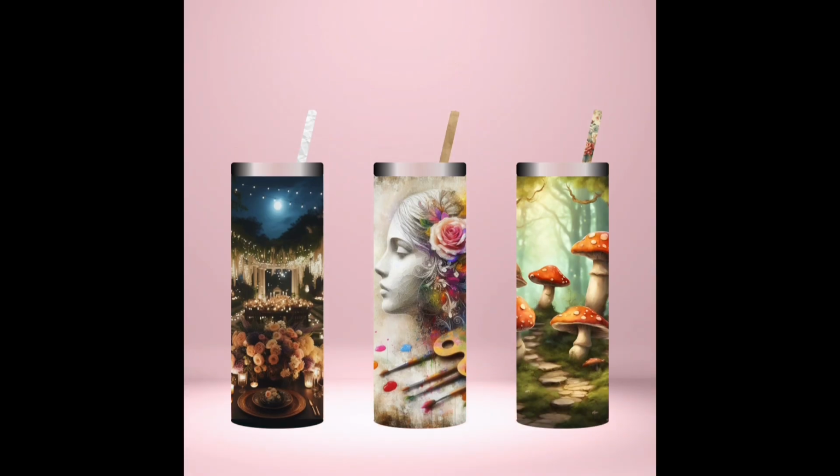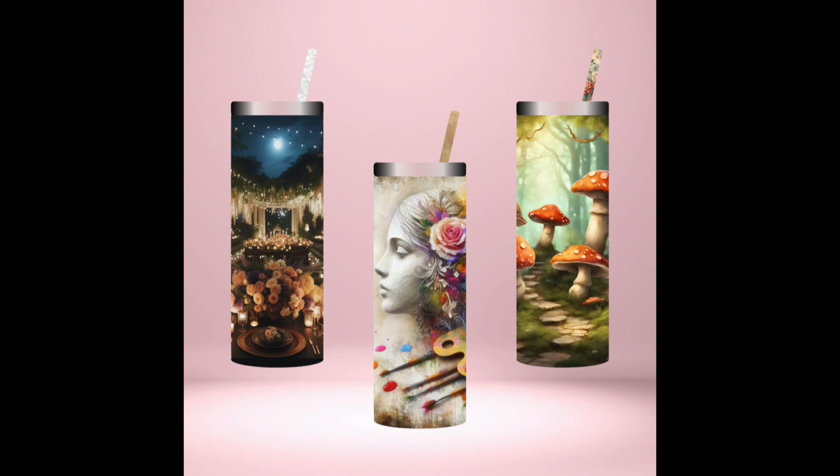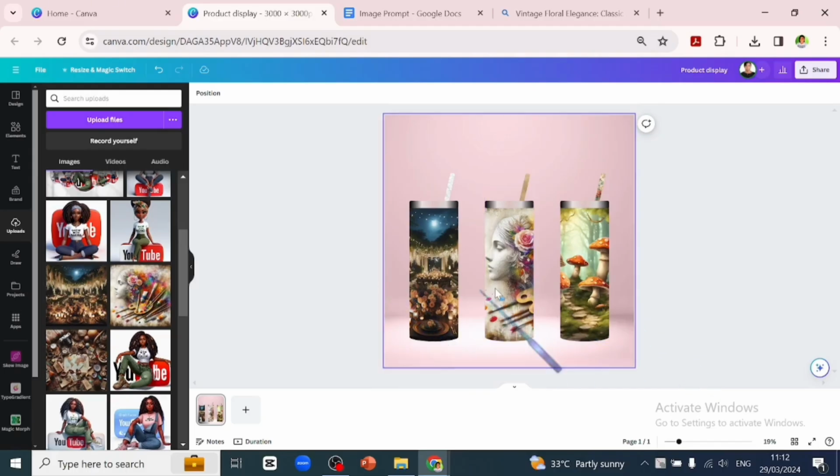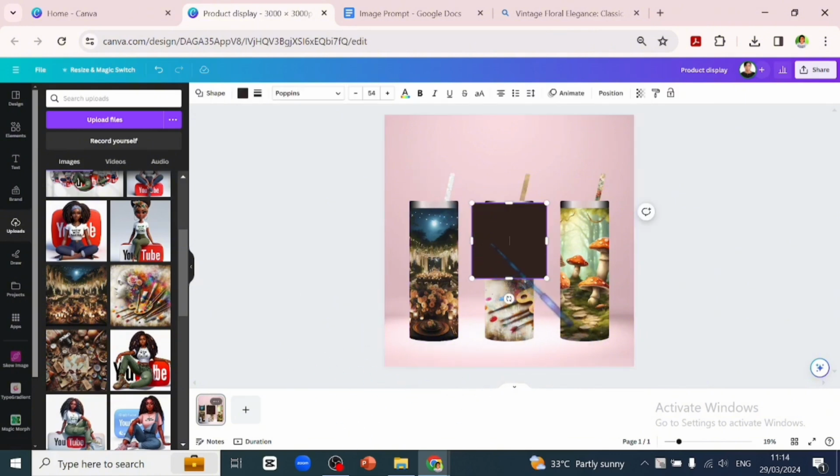Today we'll look at how to create this easy product display animation using Canva. I've taken the liberty to set the products on our design page. These are Tumblr mockups I designed. So the first thing we want to do is to click R on our keyboard to bring out the rectangle